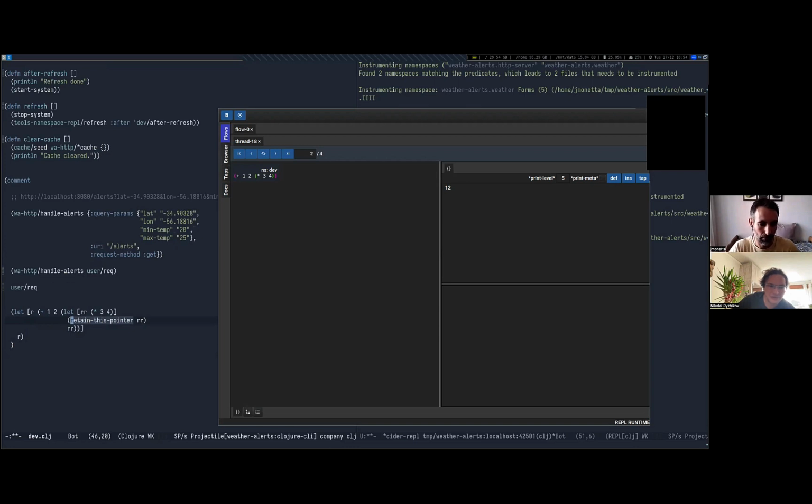But this is a reader macro, so it's not just a macro. So could you not macro expand your trace, or is it possible to macro expand? Yeah, you can macro expand the traces. All this stuff is being done in a